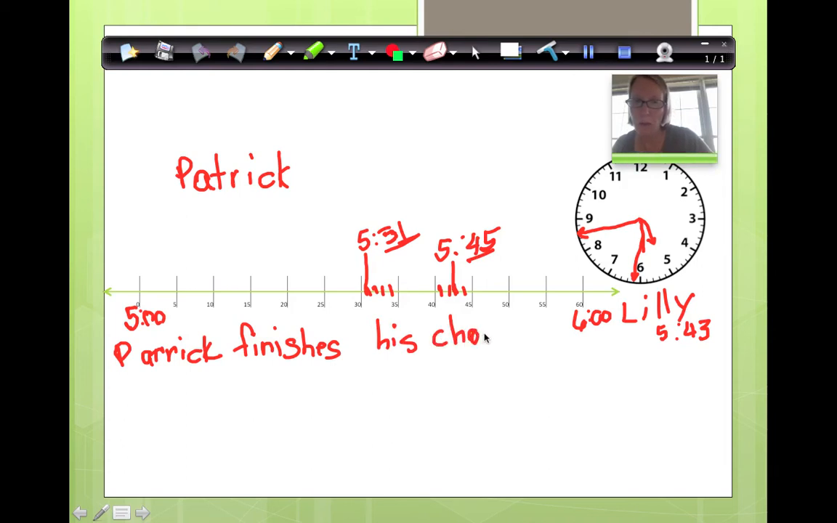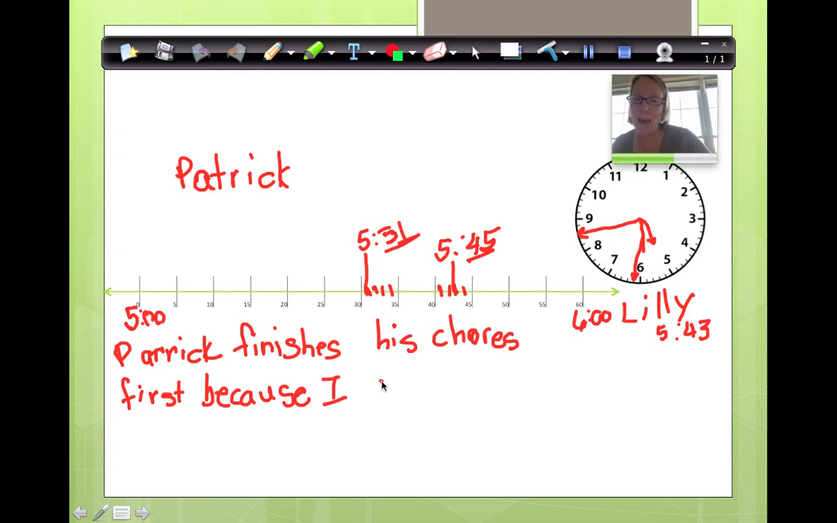He finishes his chores first because, how do we know? What would we like to say? Well, you can complete this statement by either telling me about the clock, what you noticed over here by the clock, or you can tell me about what you noticed over here by the timeline. So I'm going to say that Patrick finishes his, I'm going to use the timeline, and I'm going to say he finishes his chore first because I can see